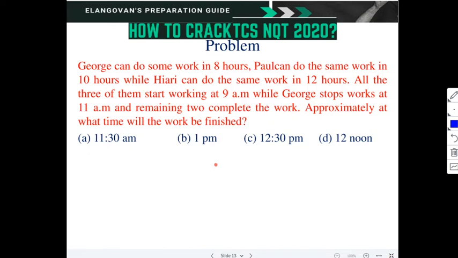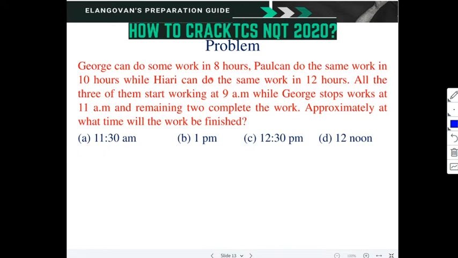Okay, here a lot of inputs are given. So this is a time and work problem. As far as a time and work problem is concerned, we will take alone time. What is alone time? It is the 1 hour work of each and every one, and we have to combine the total work completed, find the remaining work, and then find how many days the remaining people will take for the remaining work. This is the process normally. We will see one by one.